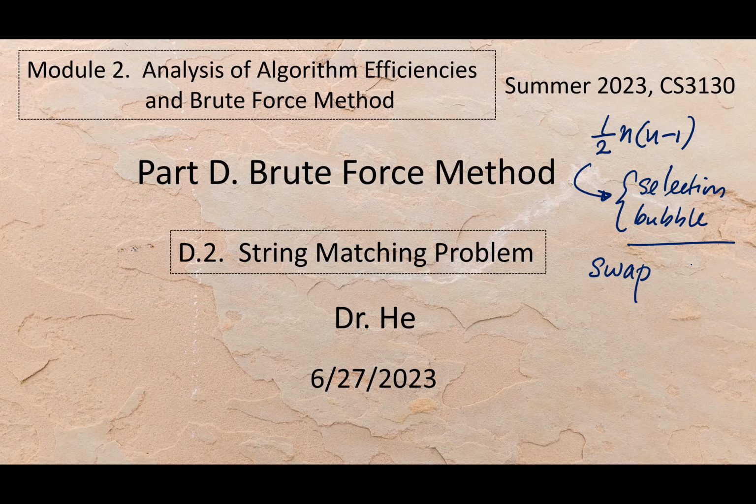In selection sort, we do at most one swap operation per scan. That's the difference. The same number of comparisons, but selection sort does far fewer swap operations than bubble sort. All right, so let's